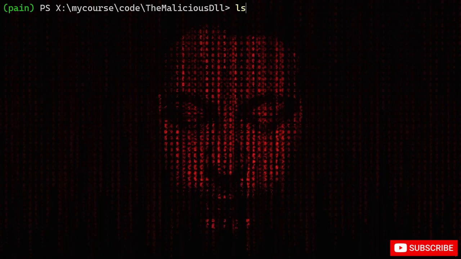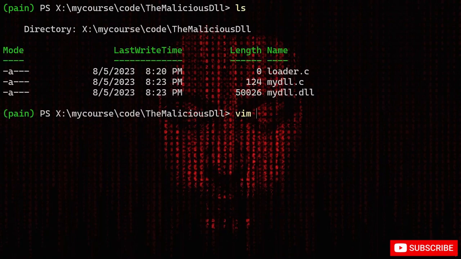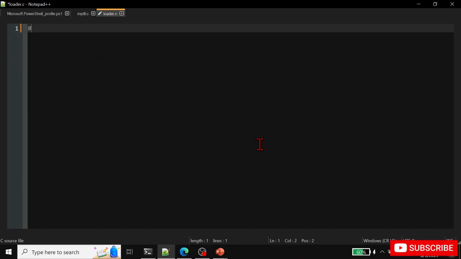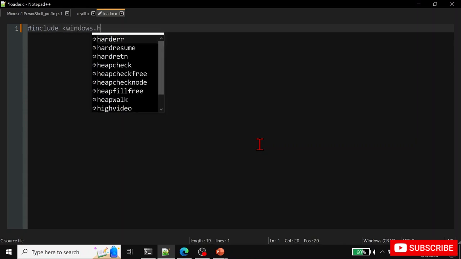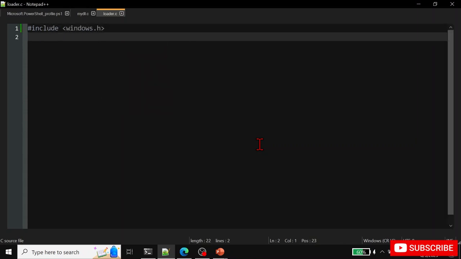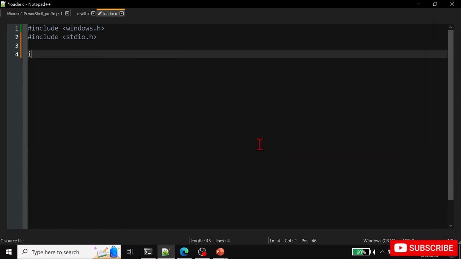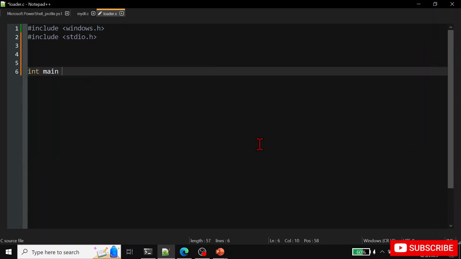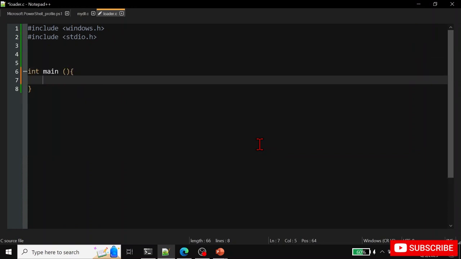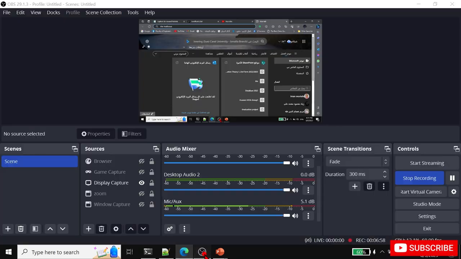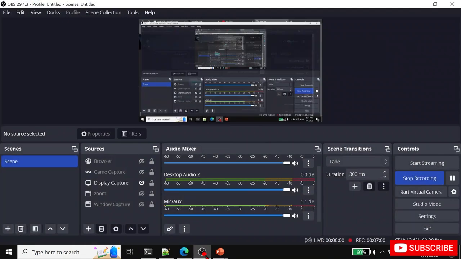And what else? We're gonna create our loader, so we're gonna go loader.c. So we're gonna include windows.h, and we will include stdio for debugging also, and we will create our main function here. So, and we will see our logic here. Our logic was to